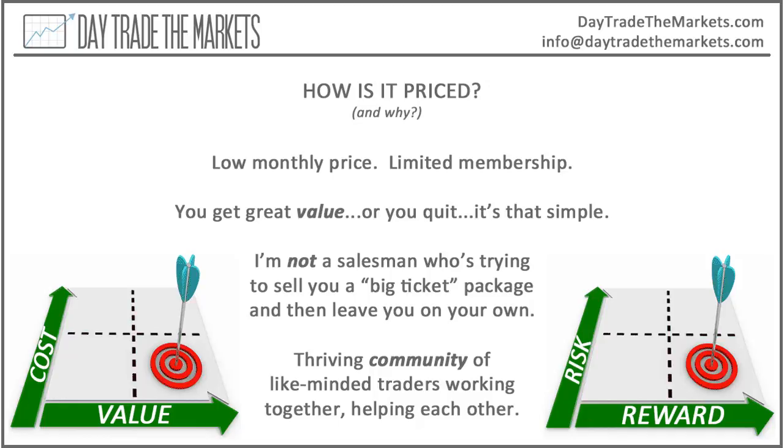This is at a low monthly price. It's a limited membership. The idea is that I'm not trying to just sell you something. I'm no salesman. I'm not trying to just sell you some big ticket package for thousands of dollars and then leave you on your own and go sell to someone else. It's not my thing. What I'm trying to do is create a thriving community of like-minded traders who work together,